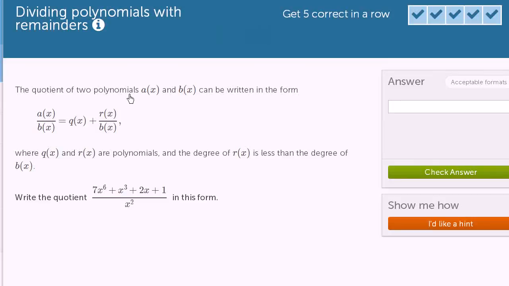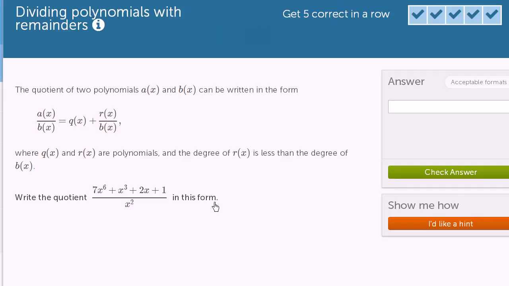The quotient of two polynomials, a of x and b of x, can be written in the form a of x over b of x is equal to q of x plus r of x over b of x, where q of x and r of x are polynomials, and the degree of r of x is less than the degree of b of x. Write the quotient 7x to the 6th plus x to the 3rd plus 2x plus 1 over x squared in